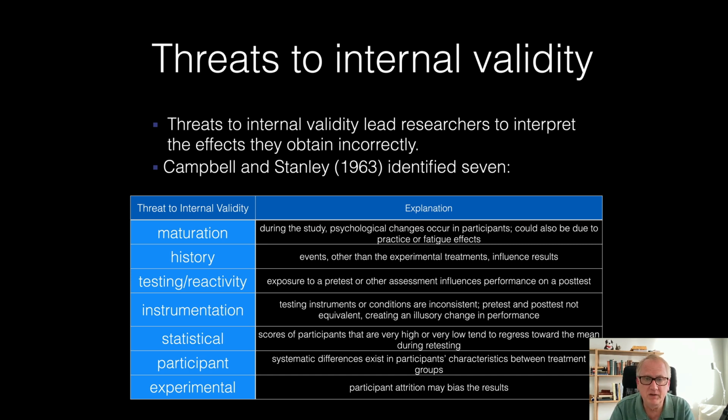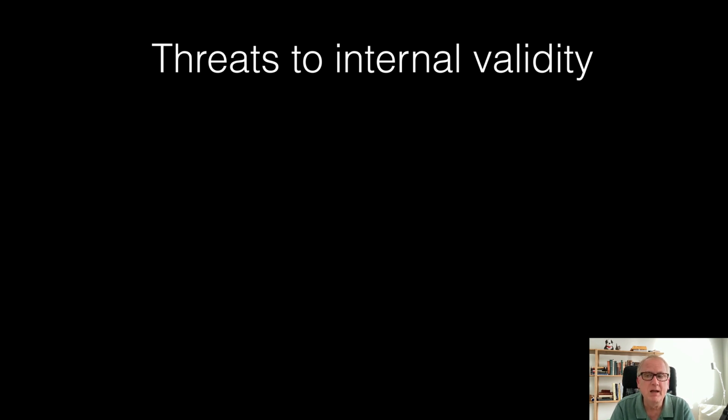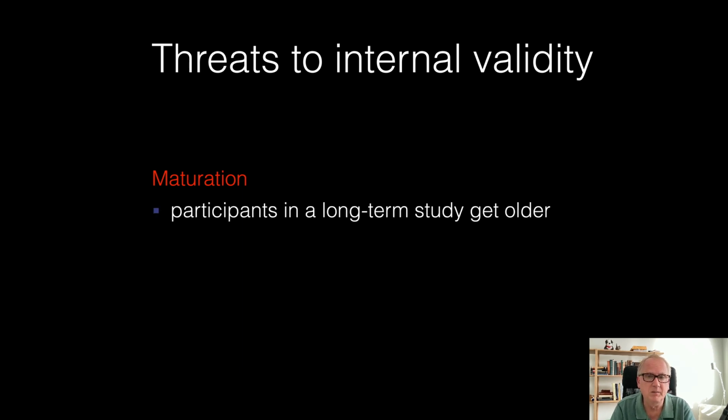So I'm going to take these 7 things now and talk about them in more detail, these 7 threats to internal validity. Let's take the first one, maturation. Again, the idea about maturation is we measured our participant, we waited a little while, then we had them be exposed to our experimental manipulation, and then we measured them again. And what we might find is that there's a difference between O1 and O2 simply because the participants in this